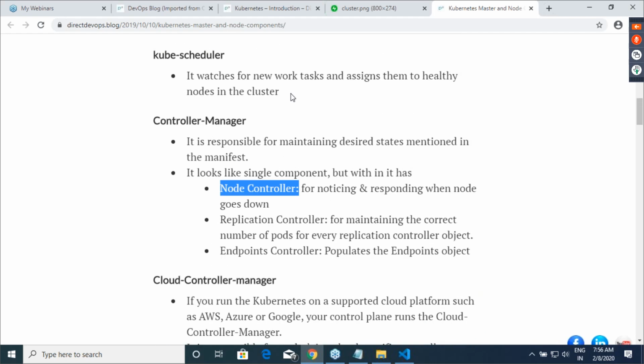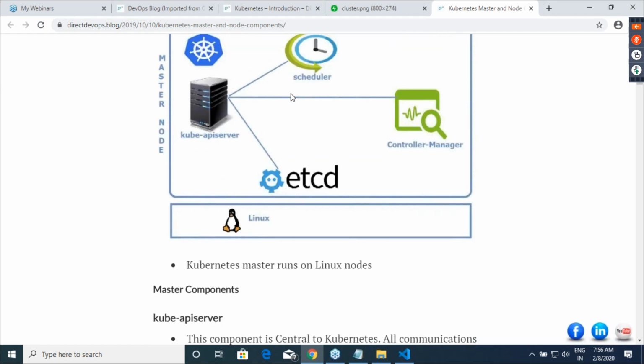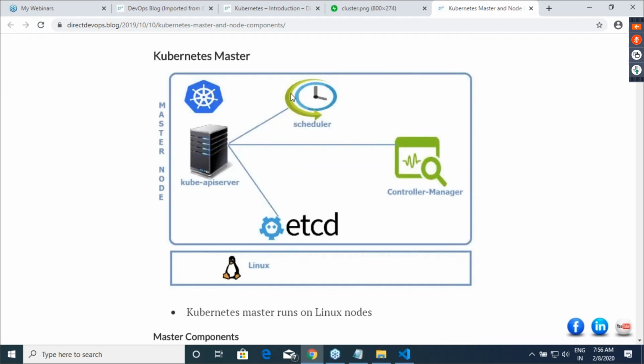So basically, the responsibility of this controller manager is to ensure that whatever desired state you have asked for is maintained or not. Am I clear on this? So, on a very high level, master maintains your desired state equals actual state.